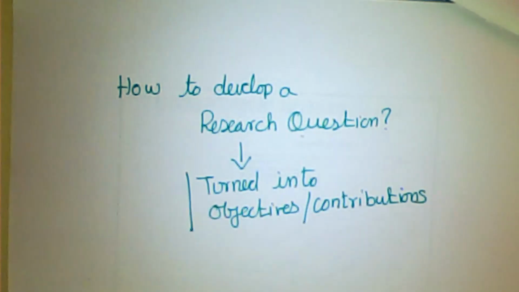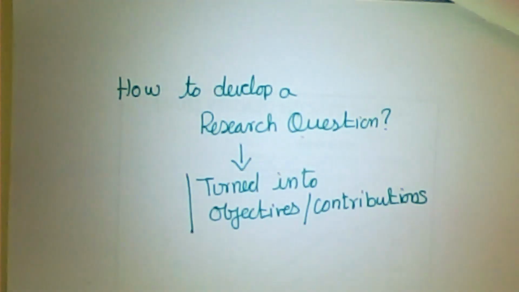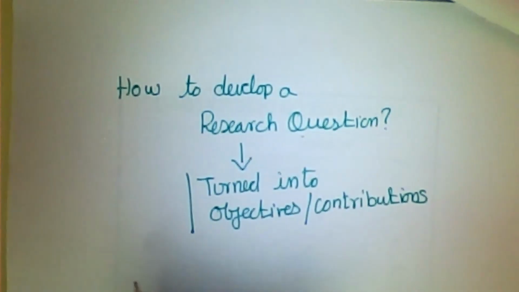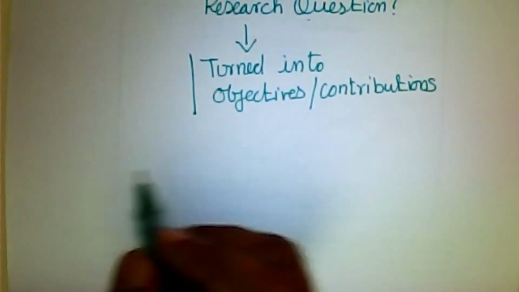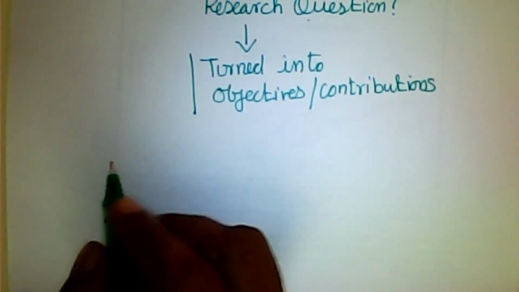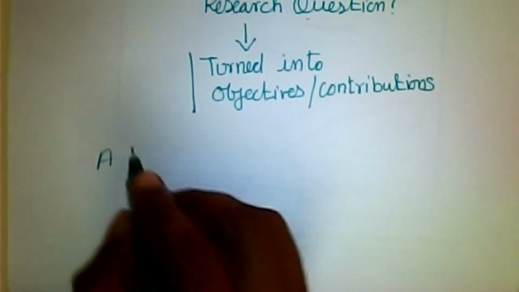When you talk about a research question, a very important thing is: what is your research question? A research question is actually you asking a question on a topic. You can say very clearly that a research question is an actual question you ask yourself about your topic. So I can write it this way so that you can understand very clearly. If you want to know what we mean by research question, a research question